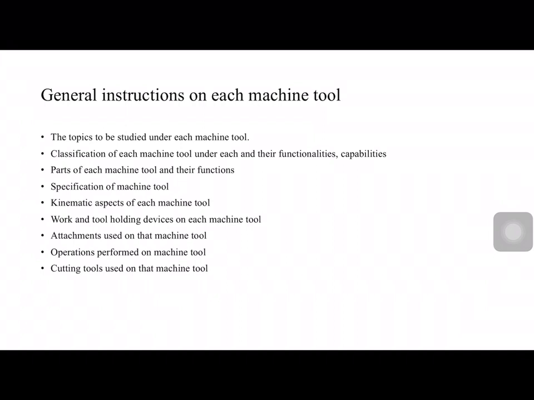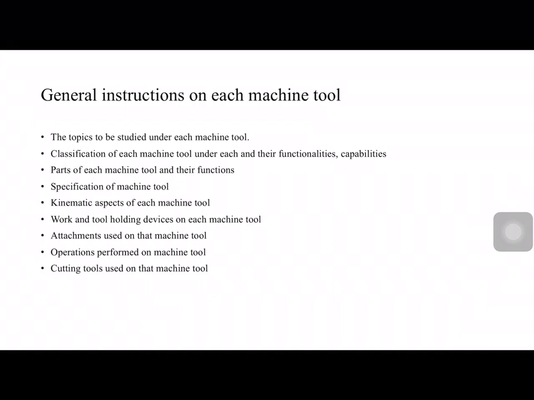Okay, so if I am talking about the lathe machine, firstly we will talk about the bed. The main functionality of the bed is that it is used to hold all the parts which are placed on the machine tool. All the parts are directly placed on the bed. That has to withstand the weight of all the parts, so it should have good compressive strength. Further, we utilize cast iron as a material to prepare the bed of the lathe machine. And one more interesting point related to that is it will decide the floor space requirement of that machine tool.